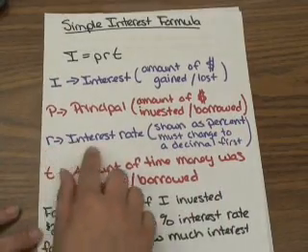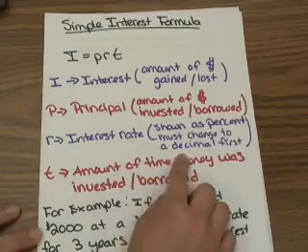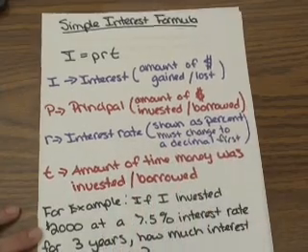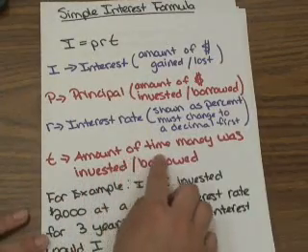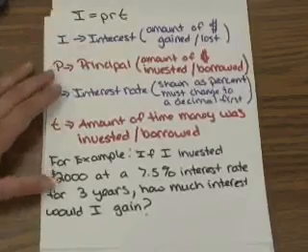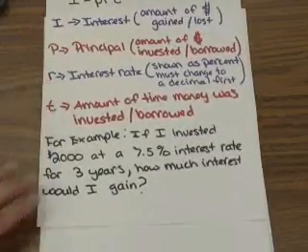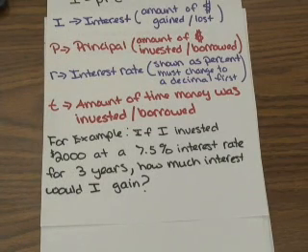The variable R stands for the interest rate, which is usually shown as a percent and must be changed to a decimal first before you start solving. And the variable T stands for the amount of time the money was invested or borrowed. So for example, if I invested $2,000 at a 7.5% interest rate for 3 years, how much interest would I